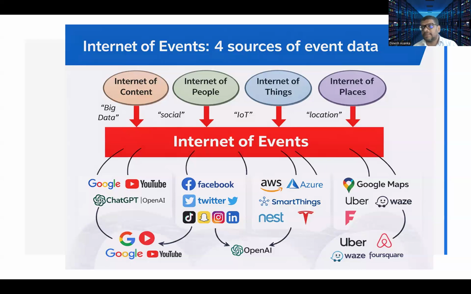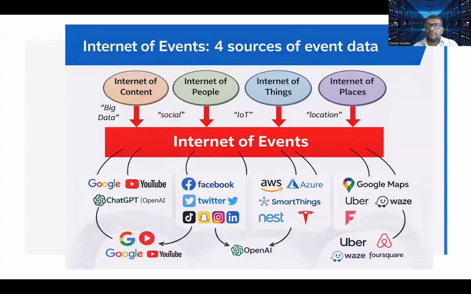Google Maps will tell you the crowd and the utilization and crowd distribution of each place. Then we have a lot of other data like Uber. In the Sri Lankan context, we have Pickme, right? So those data can be used as Internet of Places. Now you can see how you can extend your traditional data sources into these new areas of data sources so that you can improve your analysis.